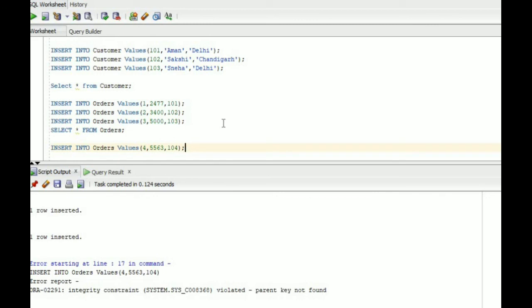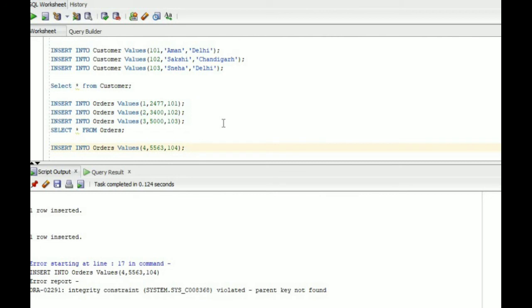CID is a reference ID here. It should be in the parent table, only then it is acceptable in the child table. You can see 104 is an unreferenced value because 104 is not available in the parent table, so you cannot insert 104 into the child table.